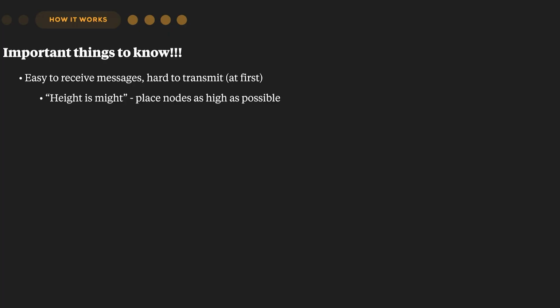The way that these radios work makes it easy to listen for things that are coming in. But when you get your first radio, finding that optimal transmit spot can be a little bit harder. It might be propping it up in a window in the second story of your house, or going to the park on the hill and holding it in the air to see if anyone nearby can hear you.